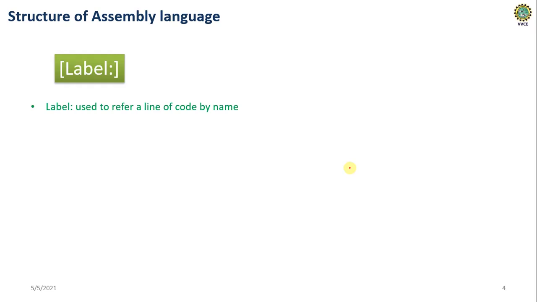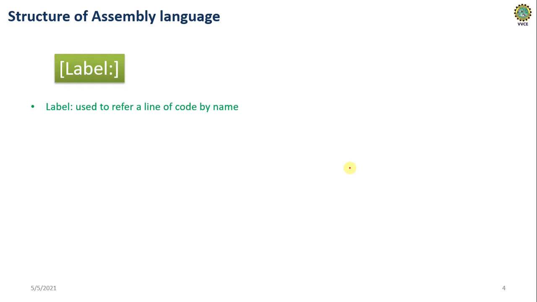Say, for example, you are executing the 20th line. Now that instruction tells you to jump to the 900th line of location, and execute from there. So in that location, you have to mention that line of code. In which location is that line referred to, right? At that time you will use something called a label.